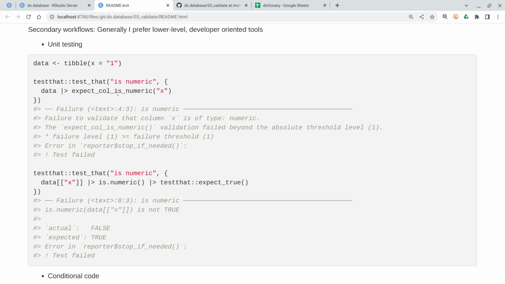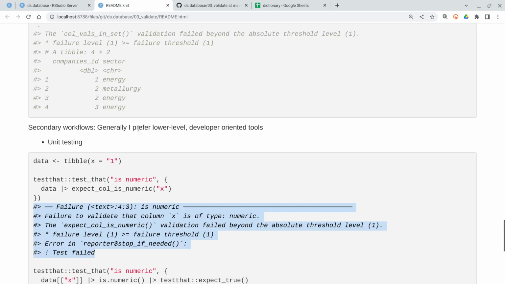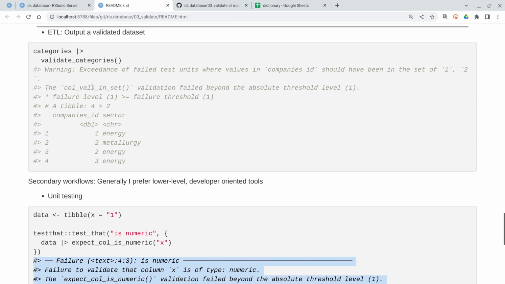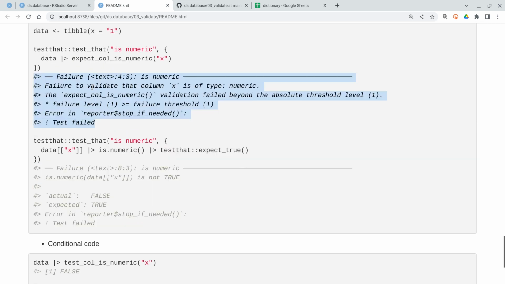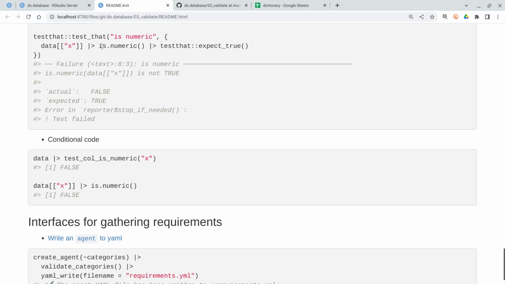As I said, for every validation function, there is a cousin that starts with expect_, and it's a good fit for your tests. This is what you would write, and if the test fails, this is the type of message that you would get, which is similar to what I showed if I was using it in the other workflow for the ETL pipeline. That's fine, except that I particularly prefer, in this case, because there's already a very common and simple function called is.numeric,